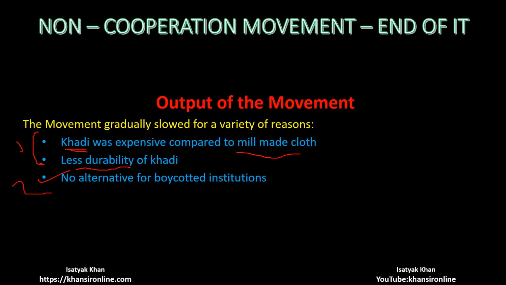If there were some issues between two Indian people, men or women, they now would not go to the British court. But then where would they go to solve the problem? There were no alternatives. So Indians could not refrain for long from the British services. And gradually people started to trickle out of the movement. धीरे धीरे लोग movement से निकलने लगे और वापस they again came back to use the British services.